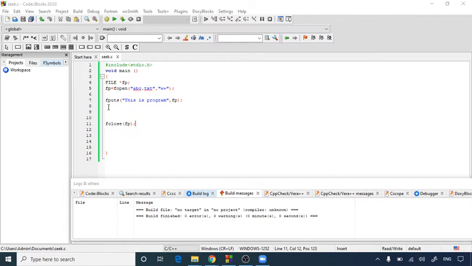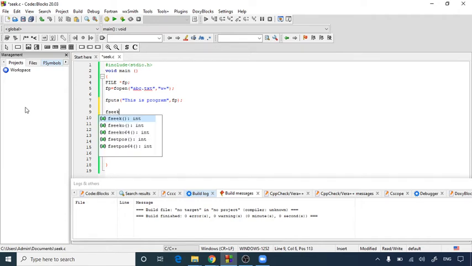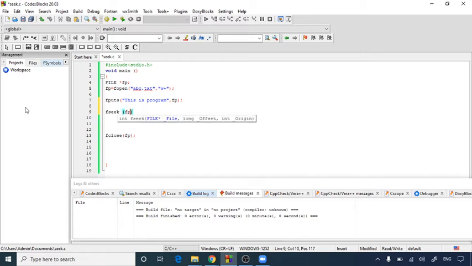Now I'll make changes by using the fseek function, which is today's program function. So I'm using fseek, and what I want to do is, in the fp file at the 7th position, I would like to write "this is Tuesday".